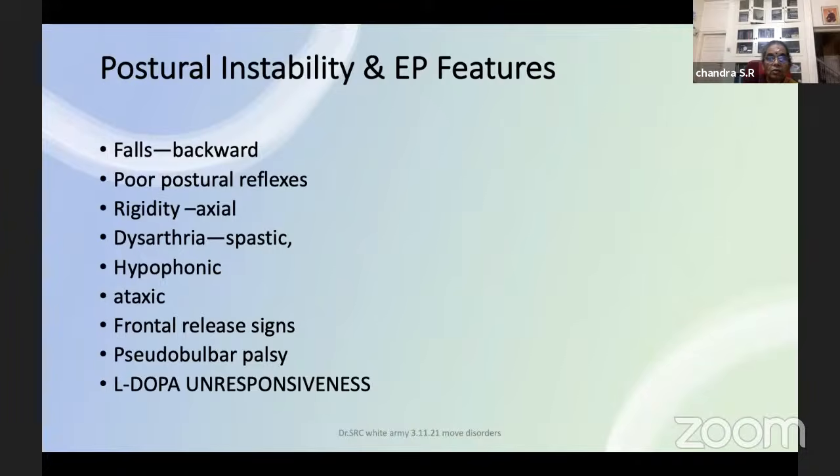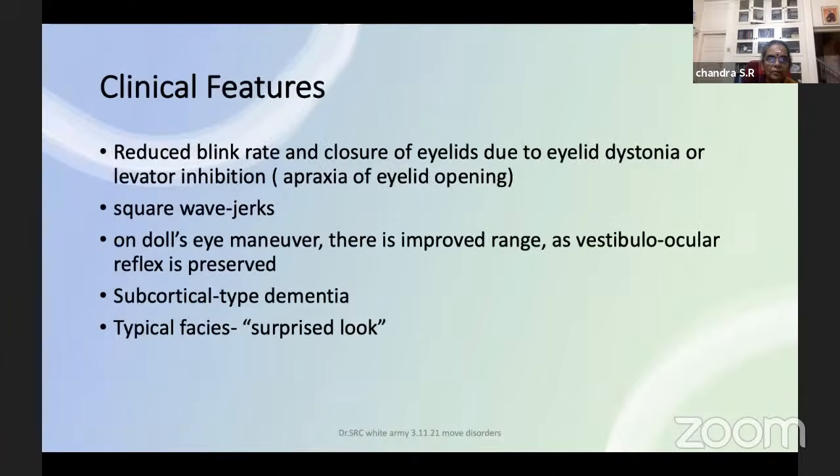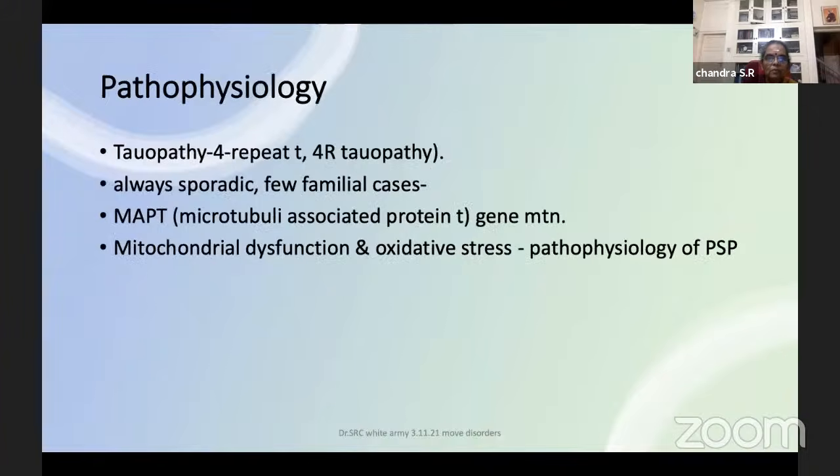You should never try a dopa agonist in this condition. Some of them may respond to dopa for some time, but not the classical way of dopa responsiveness you see in idiopathic PD. Blink rate becomes reduced, eye signs are abnormal. The doll's eye is initially okay, later it deteriorates, and they can have a subcortical type of dementia, surprise lid retraction, which is called Collier sign, and you get